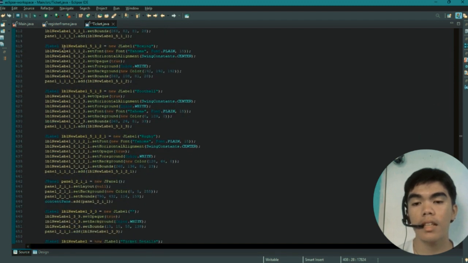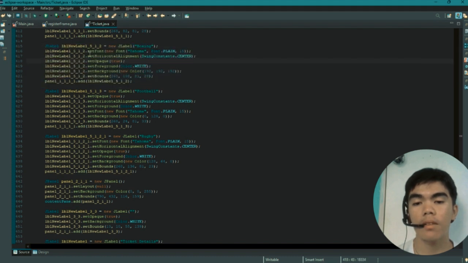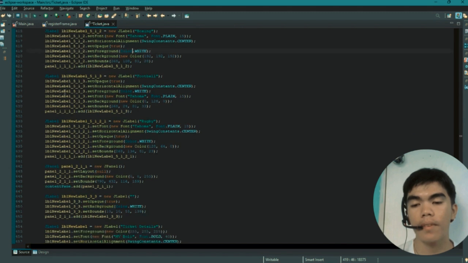So next is this JLabel, which has a string name Boxing, and set the font to new Font Tahoma, plain, and size 15, and set the horizontal alignment to SwingConstants.CENTER, set foreground color white, and set the background new Color, and set the bounds, and added to our panel.